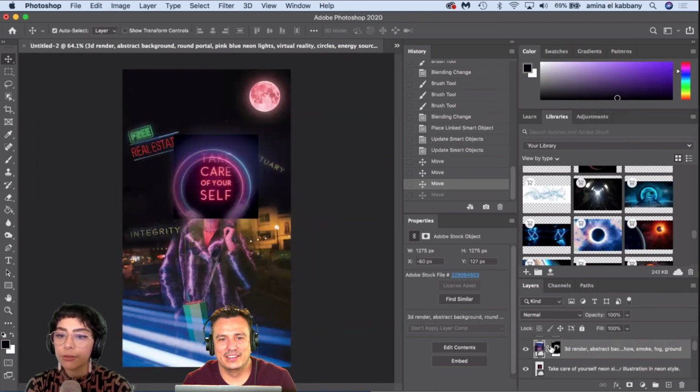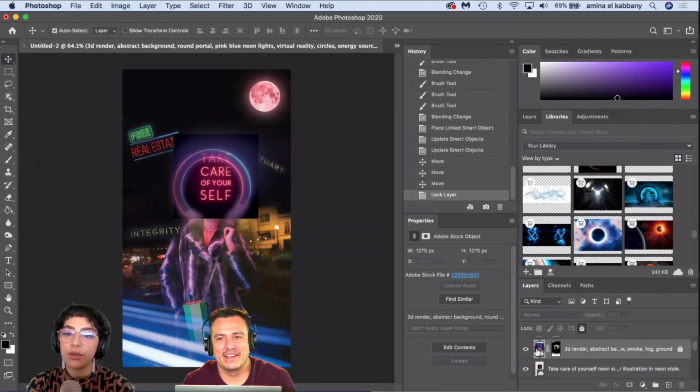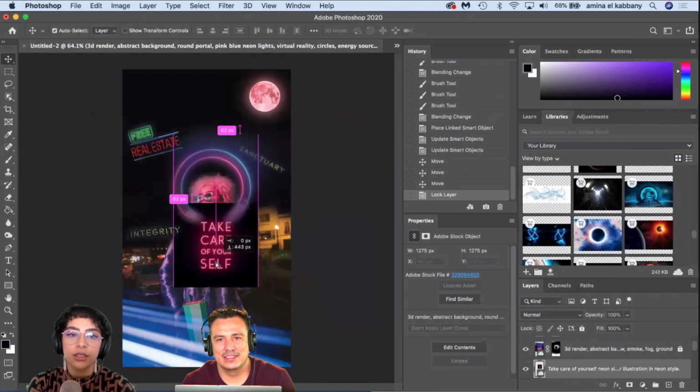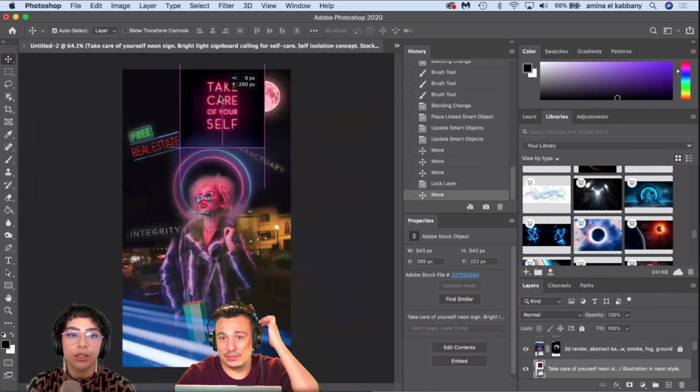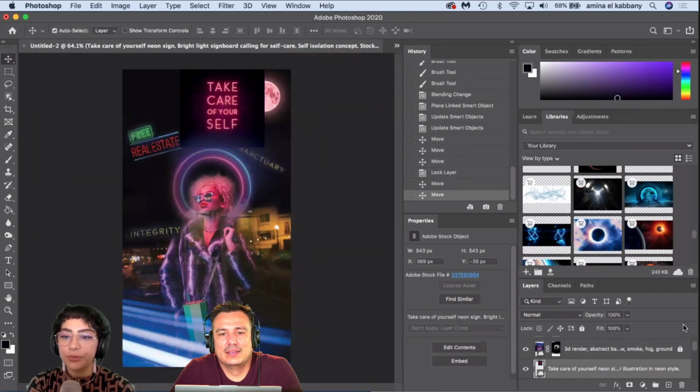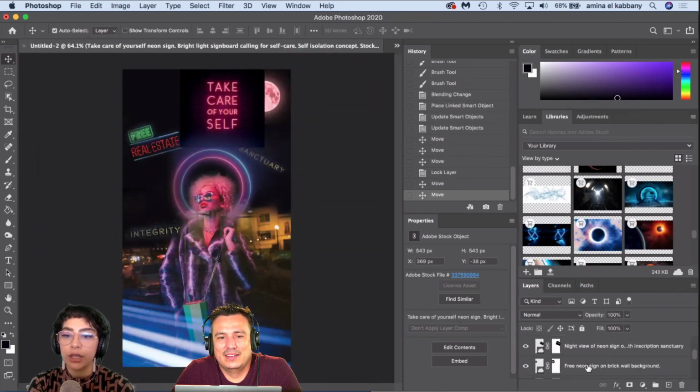Also, I'm forgetting, Jesus, maybe you can help me out. If I want to lock a layer, do I just click on the lock? Yeah, keep going to the right, to that one. Ah, there you go. So I want to lock this layer because I keep accidentally moving it. Let's actually lock all of the layers that I already know I like.